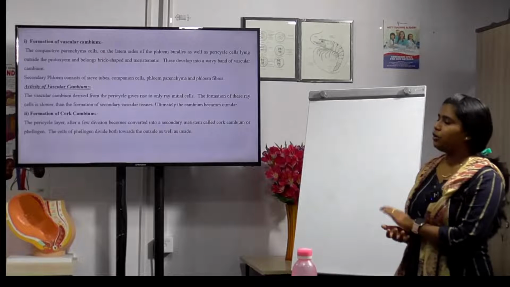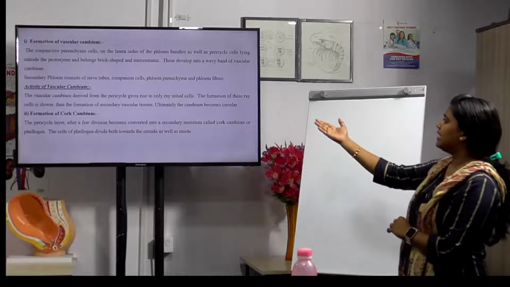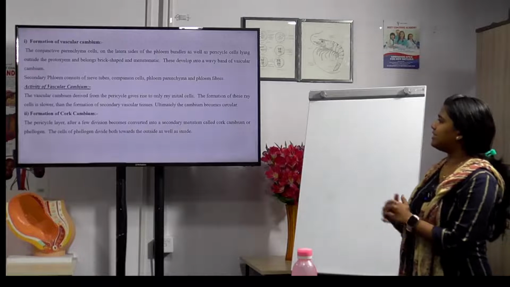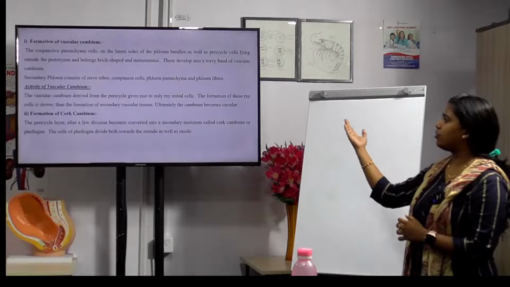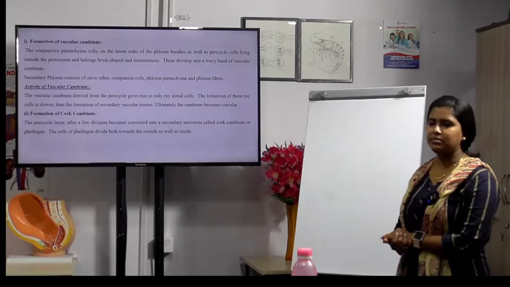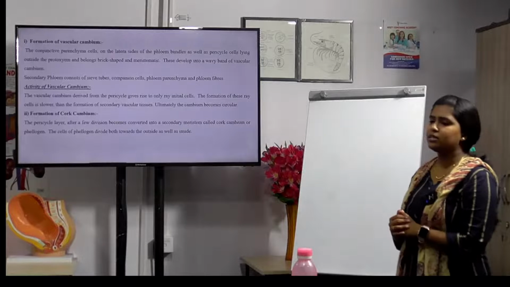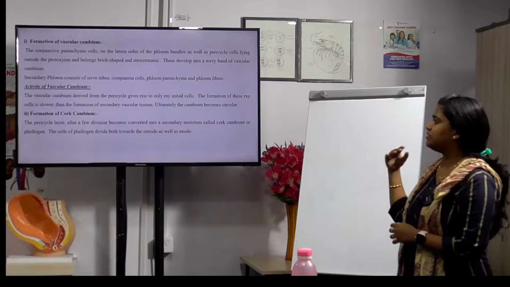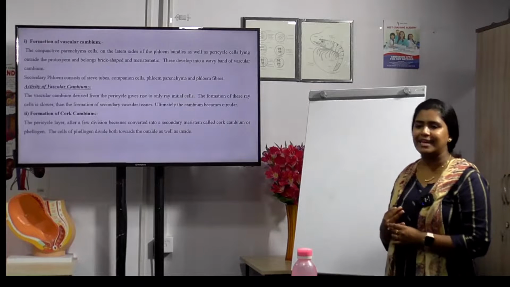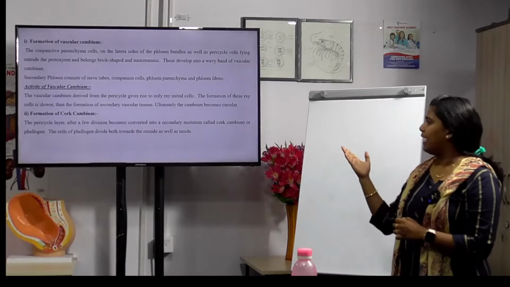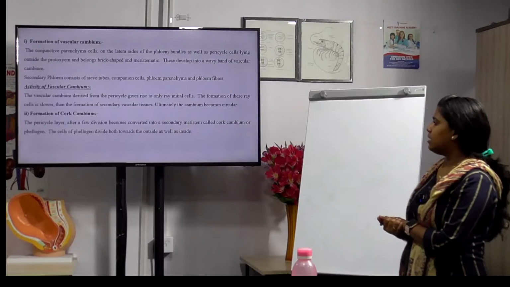And then the activity of the vascular cambium: they give rise to only ray initial cells, and the formation of these cells is much slower than the formation of the secondary vascular tissues. Ultimately the cambium becomes circular. And then how does the cork cambium form? A pericycle layer, after division, becomes converted into a secondary meristem called cork cambium or phellogen, and these cells of phellogen divide both